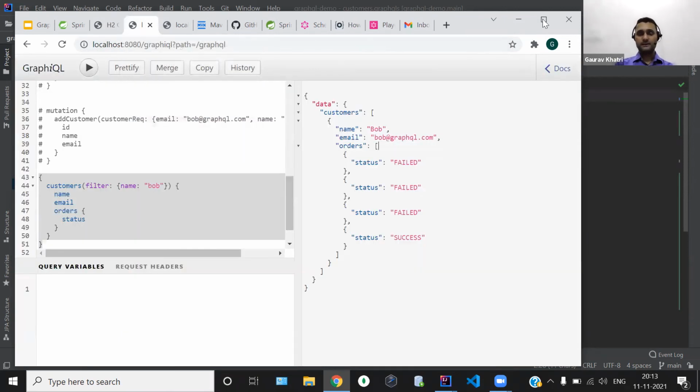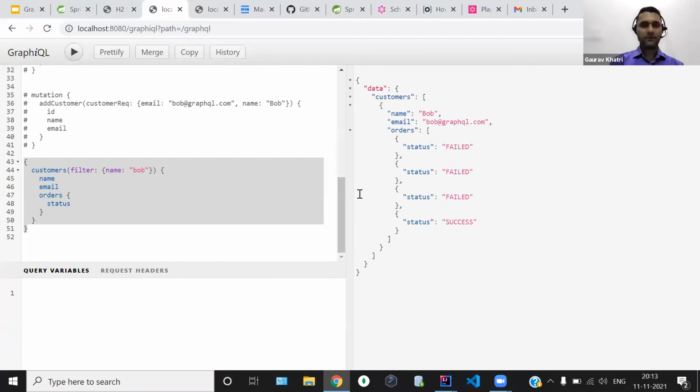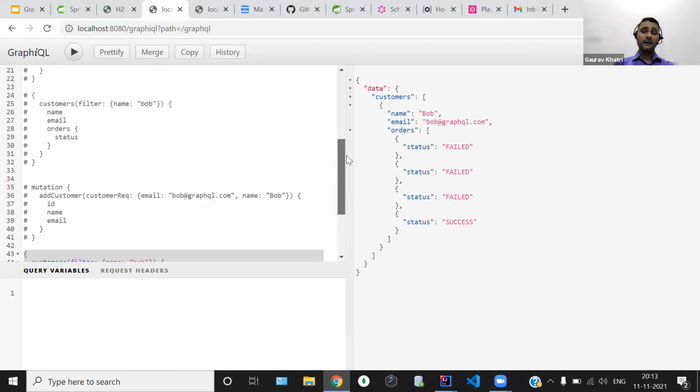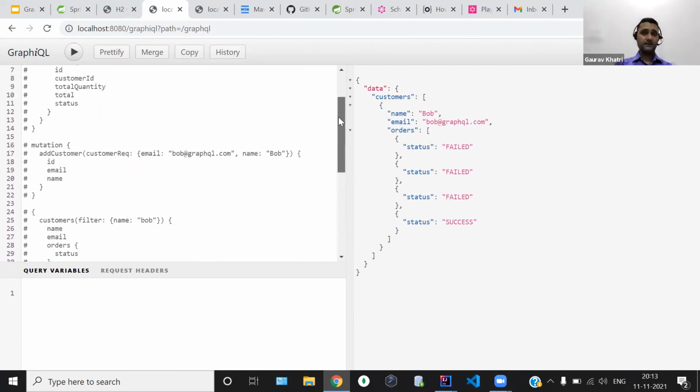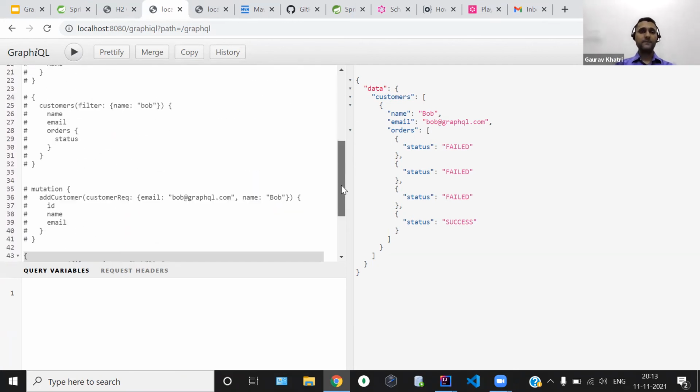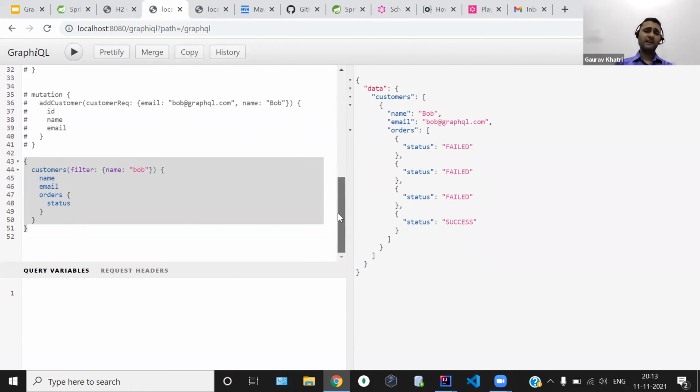So till now we have seen how we can write the mutation query, how we can write the resolver query, and how we can optimize the resolver query. We have also seen that we are getting exact data as per the request. So we are not getting more or less data, which was the issue with the RESTful API.